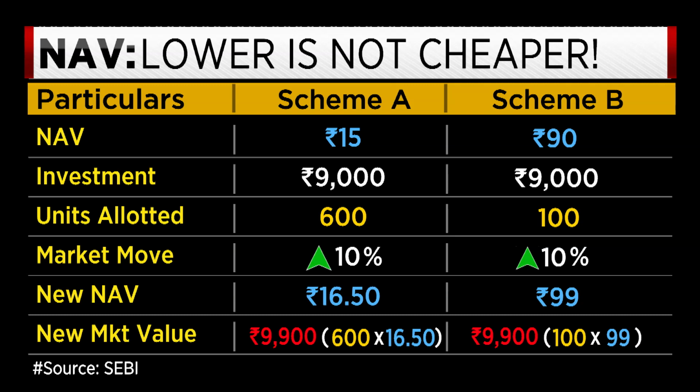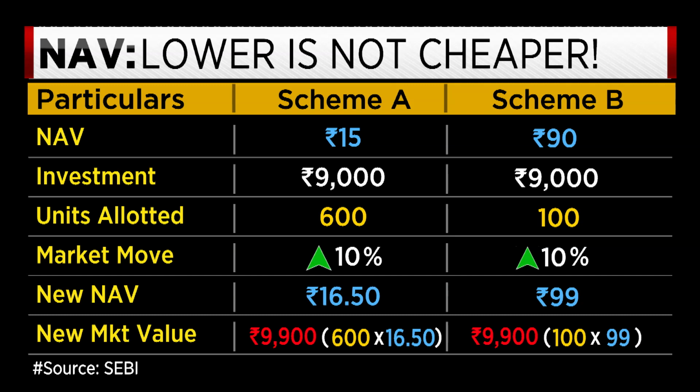First, let's pull up a chart where I'm going to compare schemes A and B, right? In the first scheme, the NAV say is 15. In the second scheme, the NAV is 90, okay? The investment amount in both, I'm going to keep the same, which is 9,000 rupees, so that there is no confusion. Units allotted will be 9,000 divided by 15 in scheme A, which is 600. And in scheme B, it will be 9,000 divided by 90, which is 100, right? So far, you have got more units for the scheme with the lower NAV and fewer units for the scheme with the higher NAV, right?